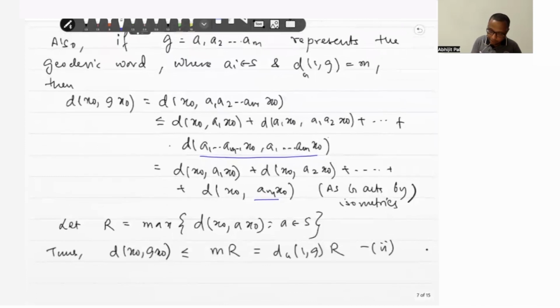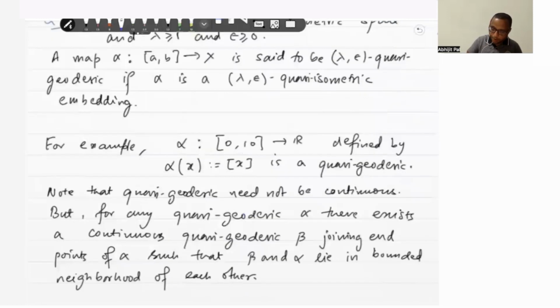Now let us take capital R to be the maximum of the distance between x naught and ax naught, where a belongs to this set S. So S is a finite set. Therefore, what we got is that the distance between x naught and gx naught will be less than or equal to m times capital R. And this m is nothing but the distance between 1 and g. So therefore, what we have proved,